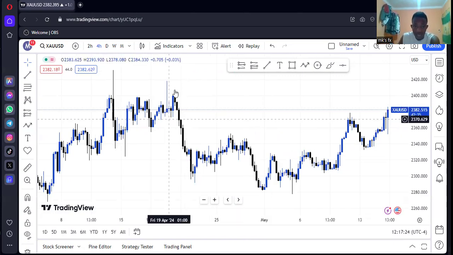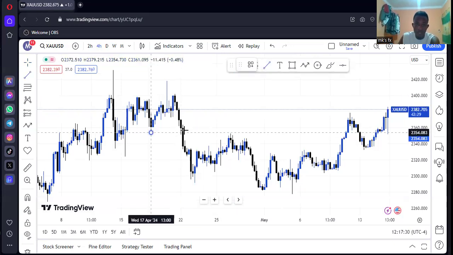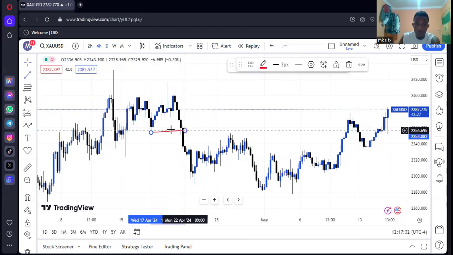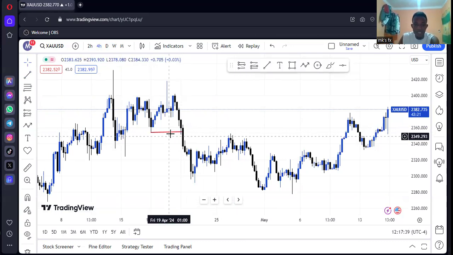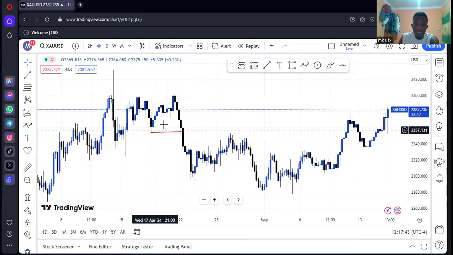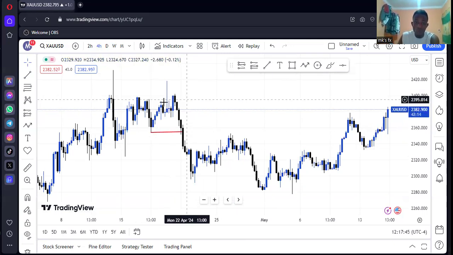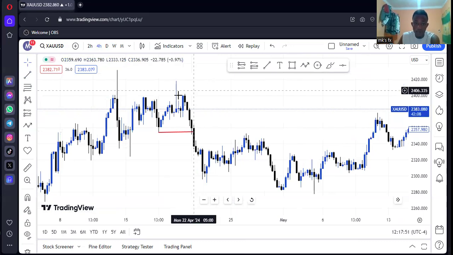So this was the last high here. I'm going to consider this as the last high, and the break of structure, I'm going to consider it to be this one, right, guys? The change of character, sorry, I keep calling it break of structure. Okay, now this is the change of character here. So it got broken from here. What is an order block? An order block is the last opposite candle that was formed before the change of trend. So where's my order block?